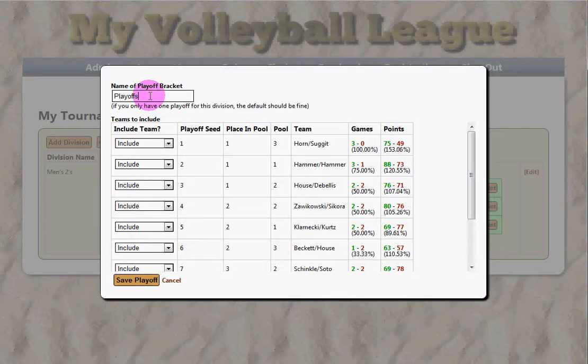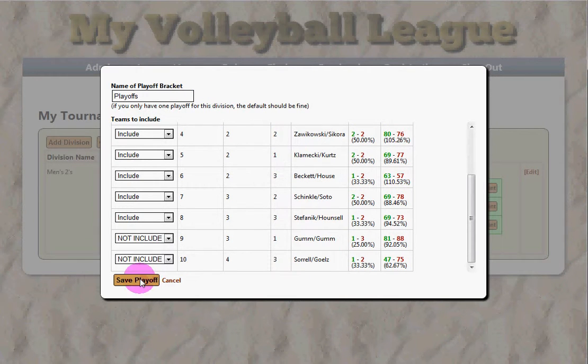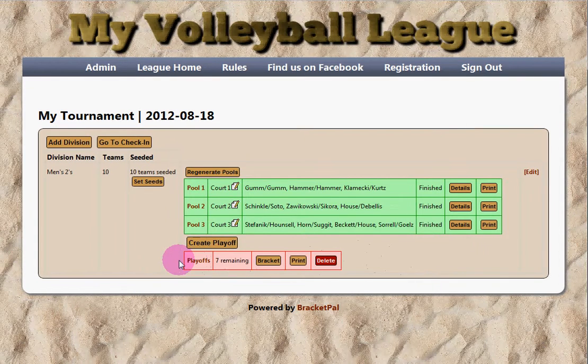We're going to call this playoffs. You can make multiple playoffs. You could call it gold playoff and silver playoff if you wanted a playoff of 4 and another playoff of 4, instead of doing one big playoff of 8. But we're just going to call this the playoffs. Simple enough for our purposes. And let's click Save Playoff. This has now created this brand new